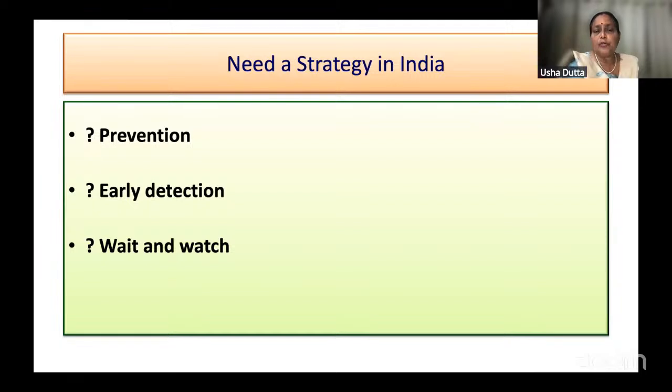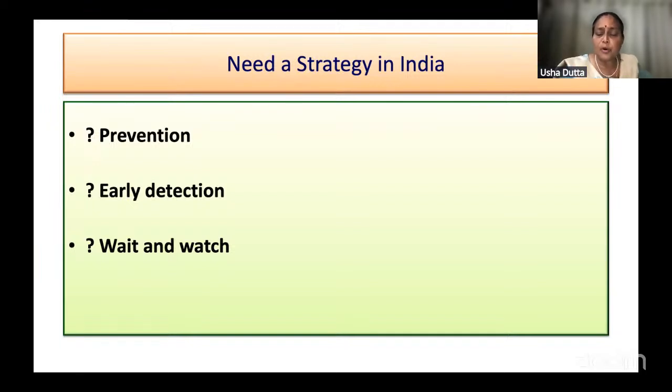Do we prevent it? Do we detect early gallbladder cancer? And do we do a wait and watch policy? Early detection has been fraught with a lot of difficulty. Japan did a study in 18,000 patients, a house-to-house survey, and found that early detection was not a cost-effective approach, because it's very difficult in the presence of stones to pick up this early tumor. So they dropped that idea. And wait and watch has its problem, because that's what we have been doing. We have been waiting but not watching. So if we have to wait, we should be watching alongside. Our patients should keep coming regularly for follow-up.